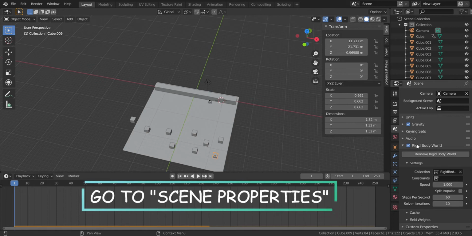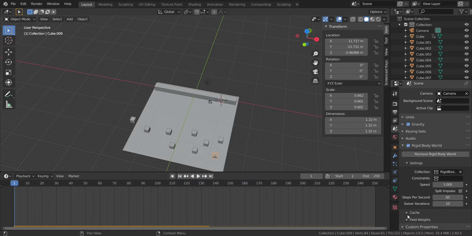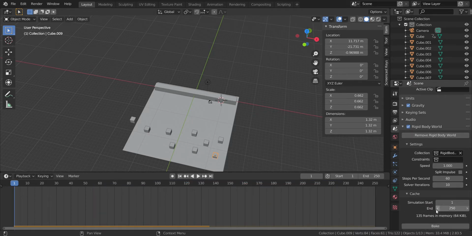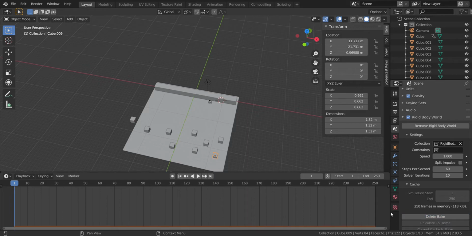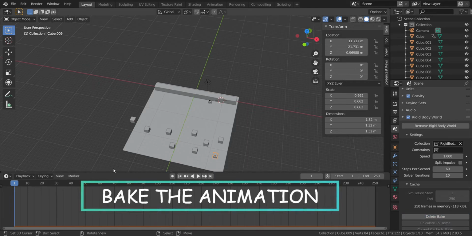So now we have to go to the scene properties and go to rigid body world, and under this section select cache and bake this whole animation so that the whole data gets saved in it.